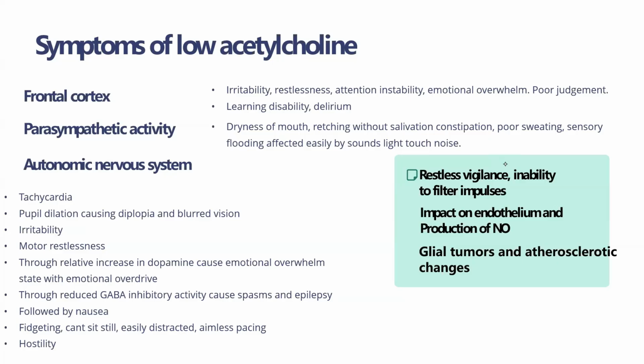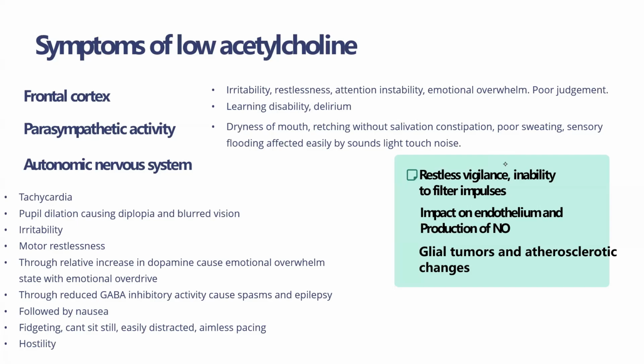In the parasympathetic system, it presents as dryness of mouth, retching without salivation, constipation, poor sweating, and sensory flooding, where the patient is affected easily by sound, light, touch, and noise. In the autonomic nervous system, low acetylcholine is presented with bradycardia, pupil dilation causing diplopia and blurred vision, irritability, motor restlessness,